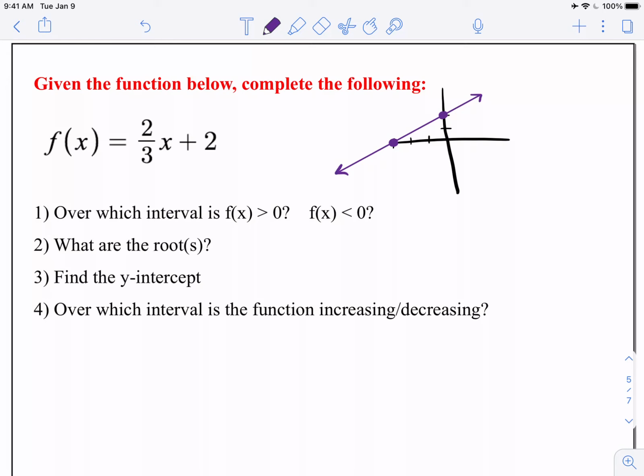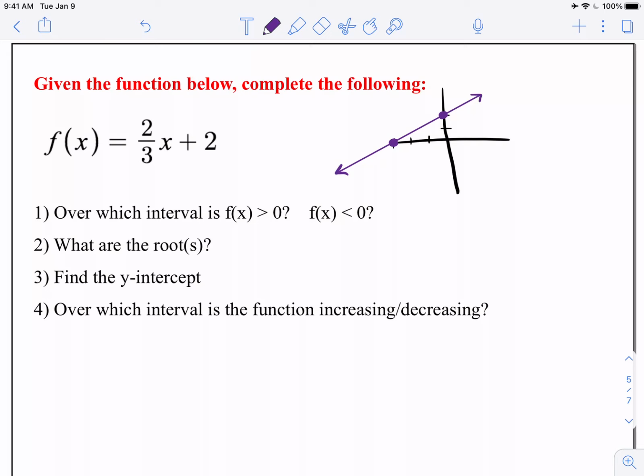Hello everyone. In this video we're going to be going over some additional graphing features questions. So in this case we're given the function f of x is equal to 2/3 x plus 2. Now what I've done is make a very rough sketch of what this graph looks like. This could be something that we do by hand, something that we use our graphing calculator for, or a website like Desmos to just type the function in to have a better idea of what it looks like